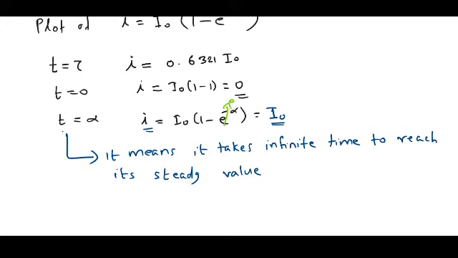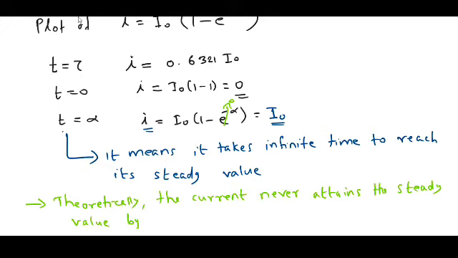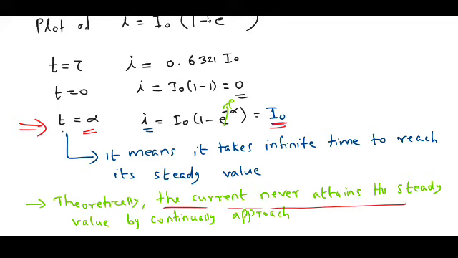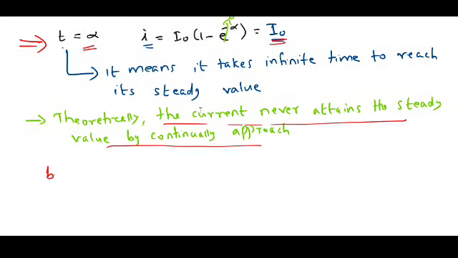Theoretically, the current never attains the steady value by continually approaching it. This theoretical calculation shows that the circuit takes an infinite amount of time to reach the steady value of the current in the circuit. That is, theoretically, the current never attains the steady value. But practically,